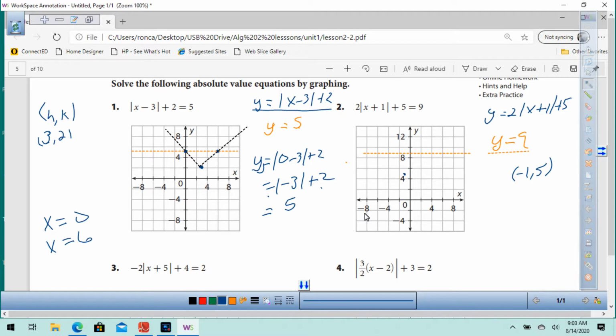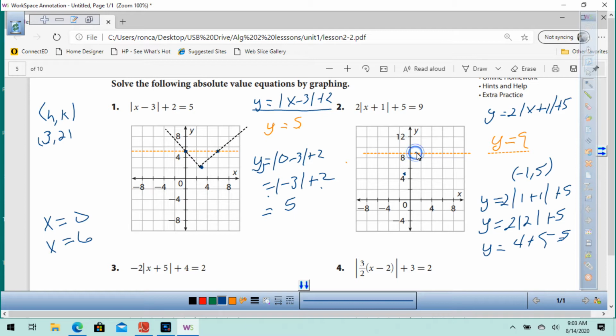Okay. Now we need to pick some points. We'll do +1 over here. So we've got y equals 2 times the absolute value of 1 plus 1, plus 5. And so we got y equals 2 times the absolute value of 2. And the absolute value of 2 is 2. And 2 times 2 is 4, plus 5. That equals 9. So 1 is right here, and 9 is,